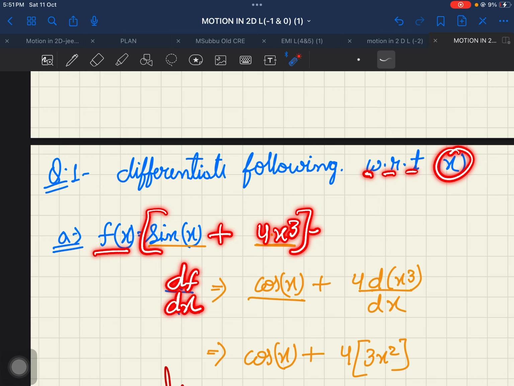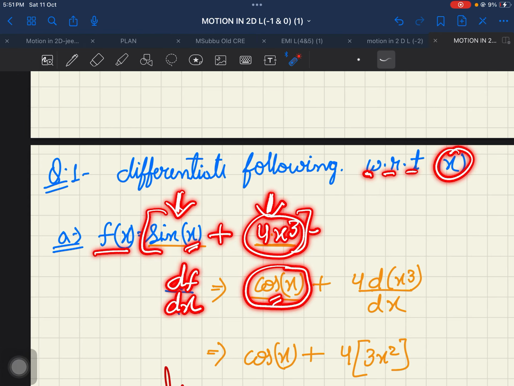So the differentiation of sin x is cos x. We have to differentiate it one by one. These are the two terms, right? We have to differentiate these two terms one by one. So the differentiation of sin x is cos x. Now the differentiation of 4x cube is: 4 is a constant, it will come out in multiplication. Then the differentiation of x cube is nothing but